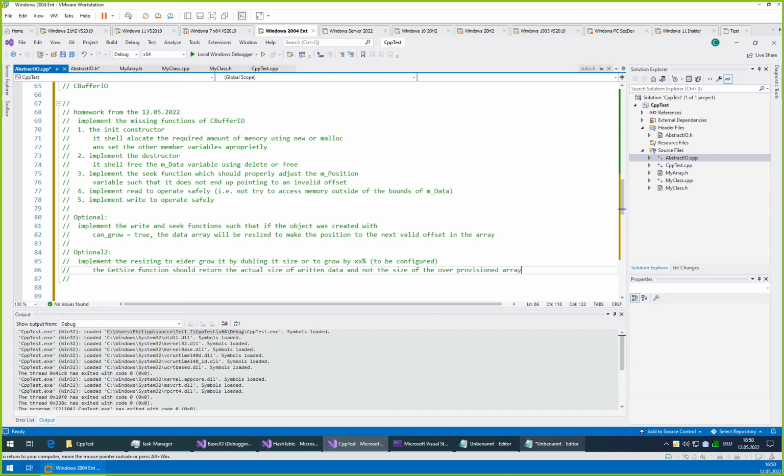And it should be implemented such that if you grow the array past whatever initial size it had, then when you grow it, let's say by a factor of 2 each time, and then you request the size from the array, it will not give you just the total array size including the yet unused area, but it will only give you the size of pretty much the last offset to which a write operation was performed. That I should probably write as well, because that makes it more clear. So